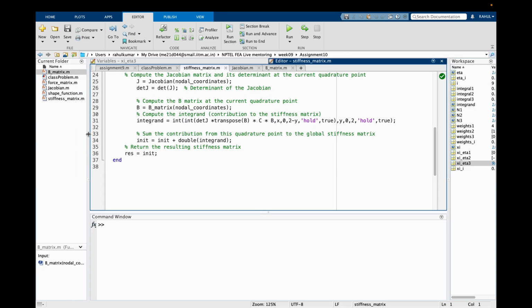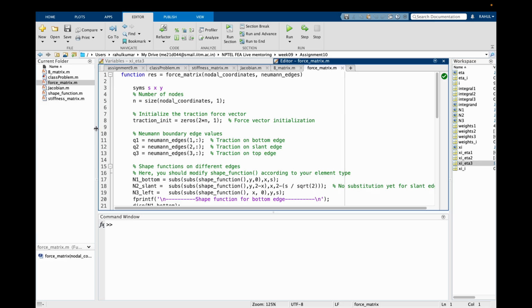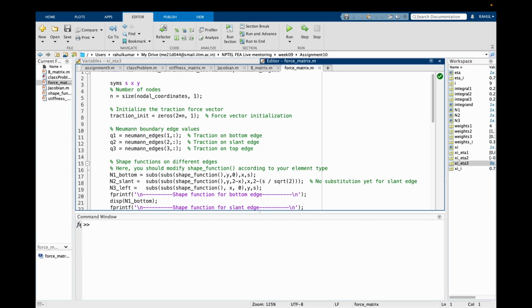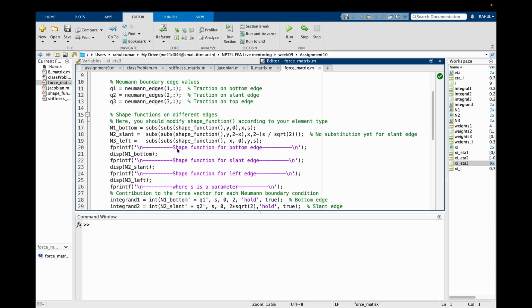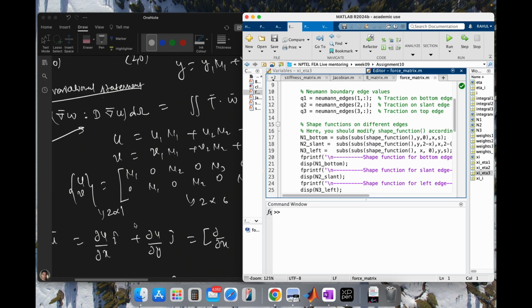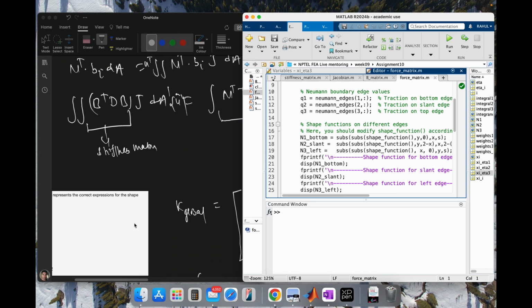Now the stiffness matrix is done. Let's move to the force matrix. So for the force matrix, we can see that this is the Neumann boundary condition, and for N1, we already saw that to get the integral, this thing,